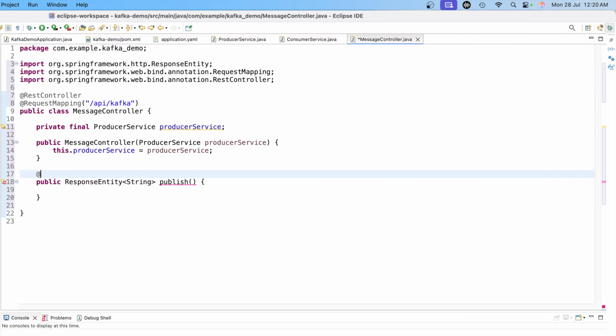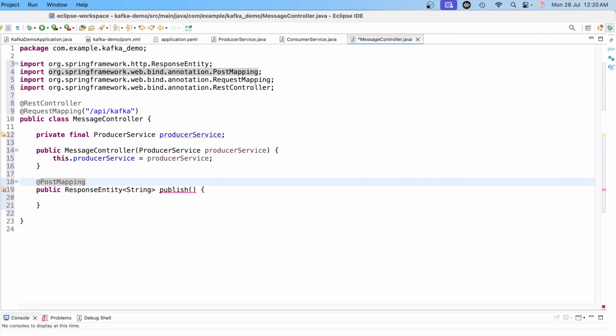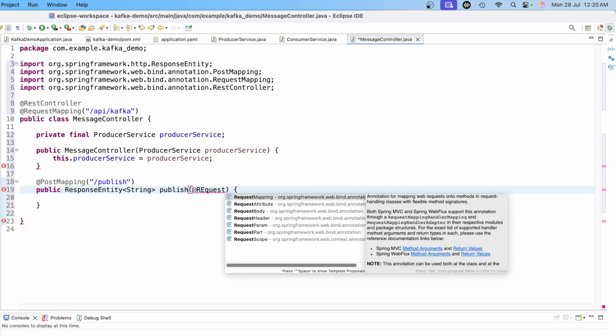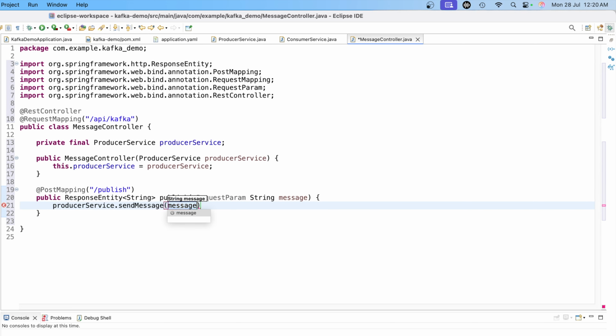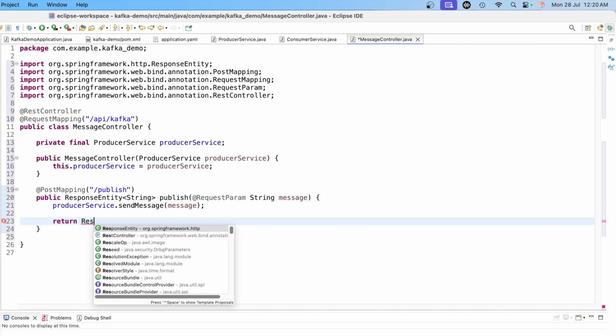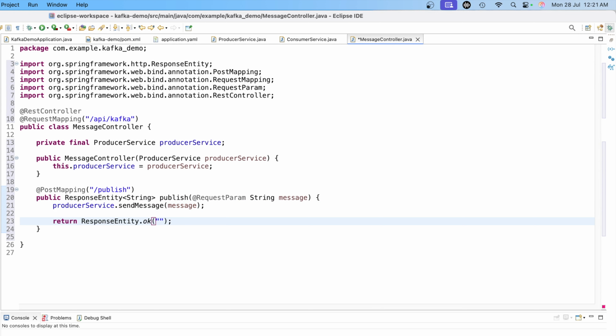Now this is a post mapping, so let's specify that, and the mapping is going to be publish, just like the method name. Now here we need to get the message that we need to send, so that we will get as a query. So request param string message, and here we would simply say producer service dot send message and the message, and then we will return response entity dot okay, and let's say